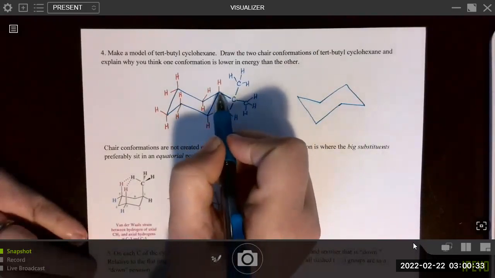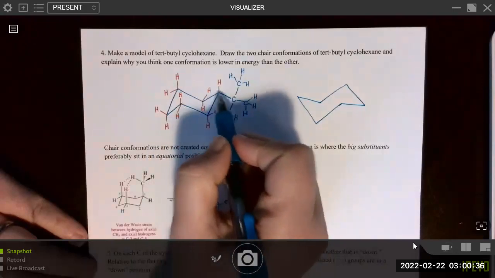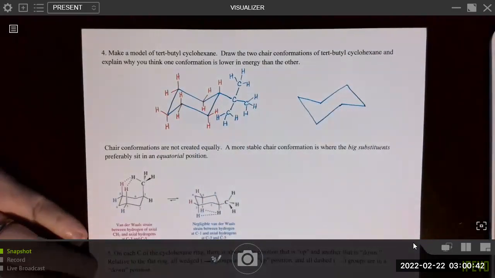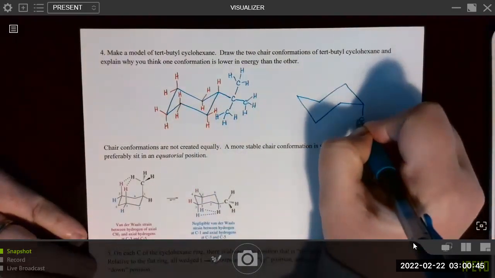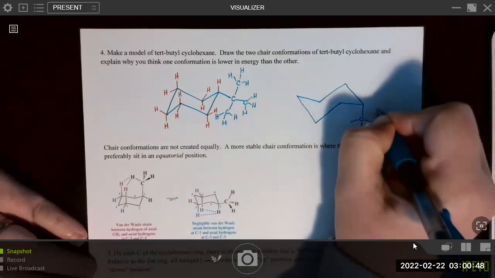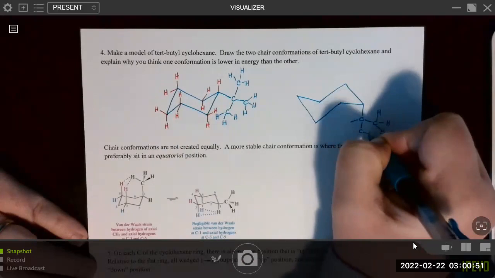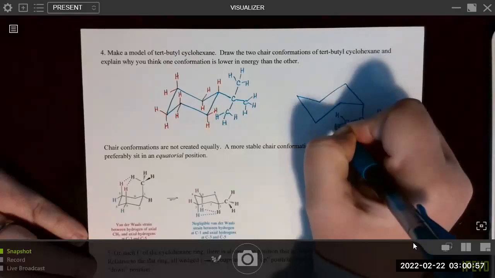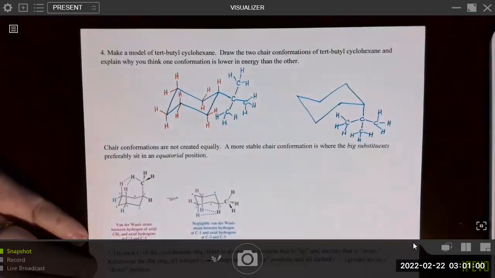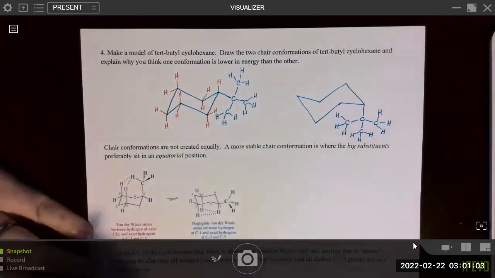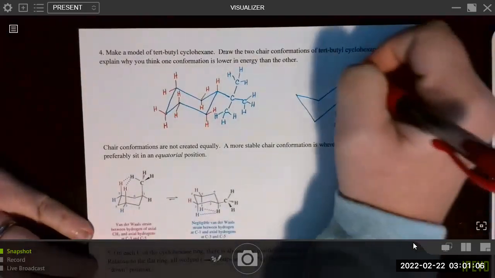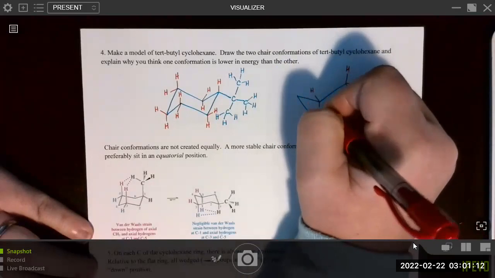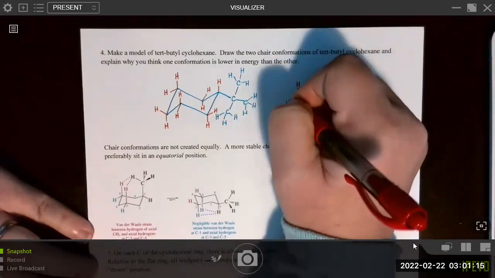Well, I ended up putting it at this carbon. You could have put it anywhere, but I chose to put it here in equatorial. So it was down, and it's going to remain down, but it's going to go into an axial position. We'll go straight down here, right? And then I'm going to draw in all my 3 methyls. And then we can go ahead and add in all the other hydrogens. Noticing the angles, make sure you get the angles of those equatorial hydrogens correct.